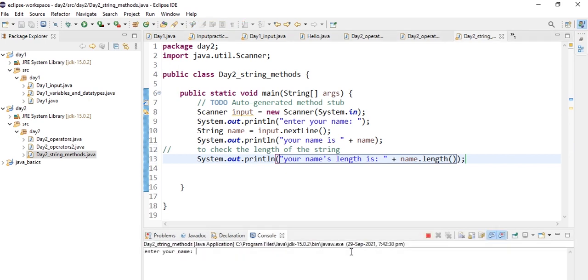Now it asks me my name, so I'm writing Edspread, and my name's length is 8, as there are 8 characters in the word Edspread.